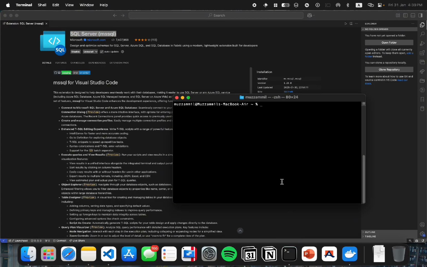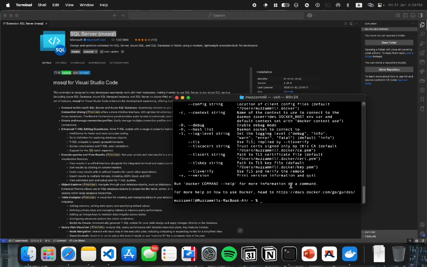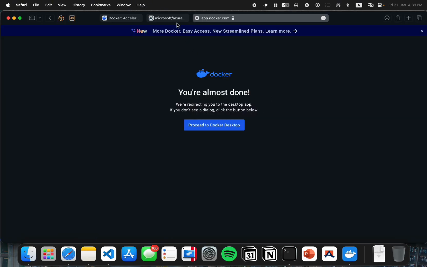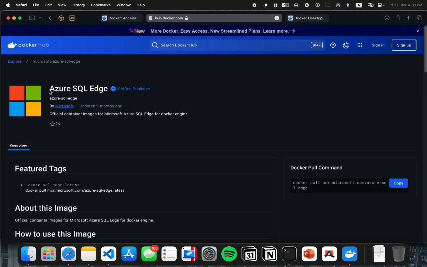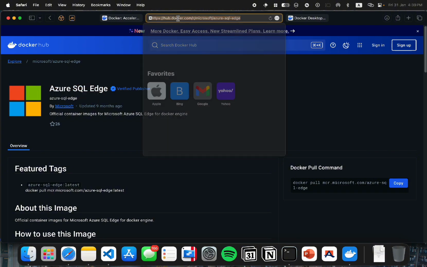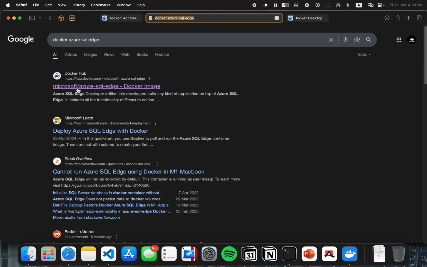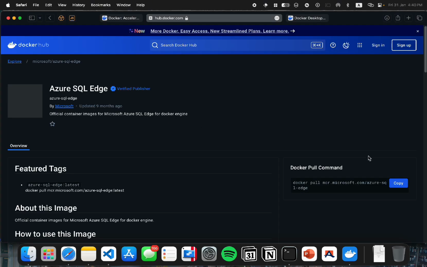So first we have to check that we have Docker enabled in our terminal. Docker version. Yep, we have Docker enabled on our system. And for our next step, we need to search Azure SQL Edge. So we just search Docker Azure SQL Edge, and then the first result here. Open it, and then copy the link over here. Copy this link,